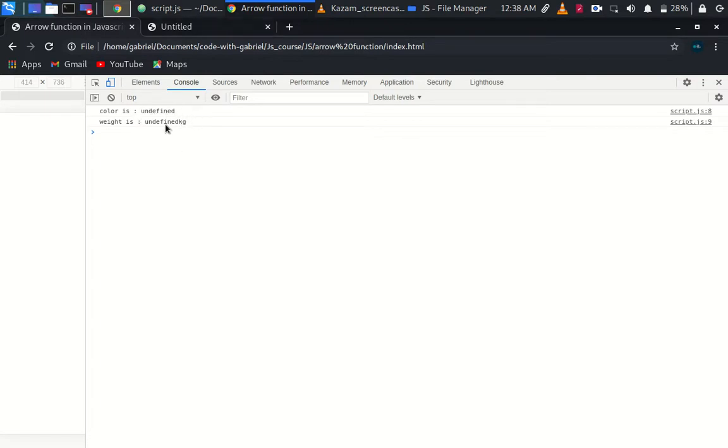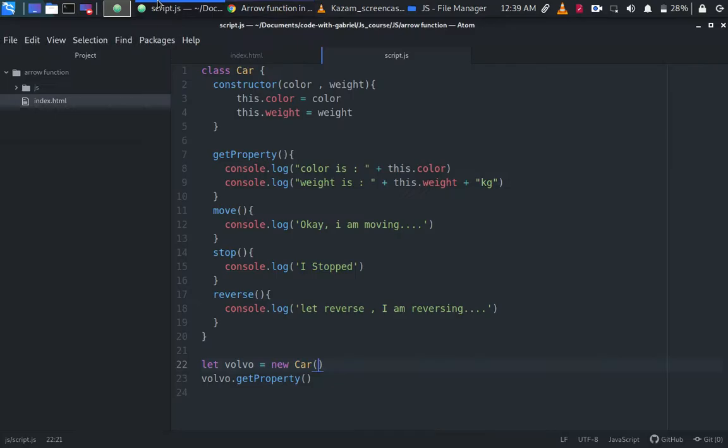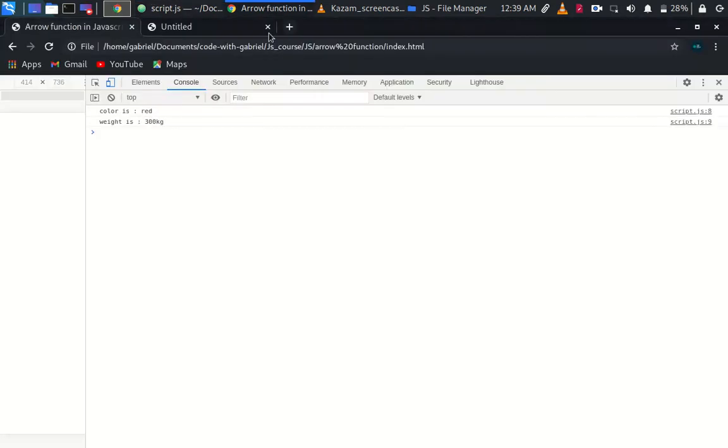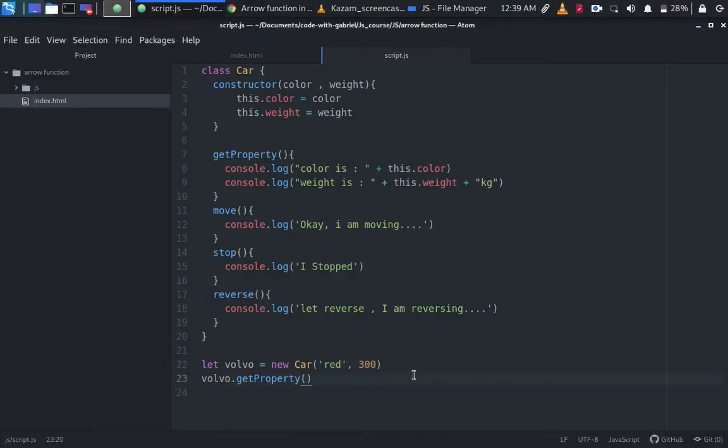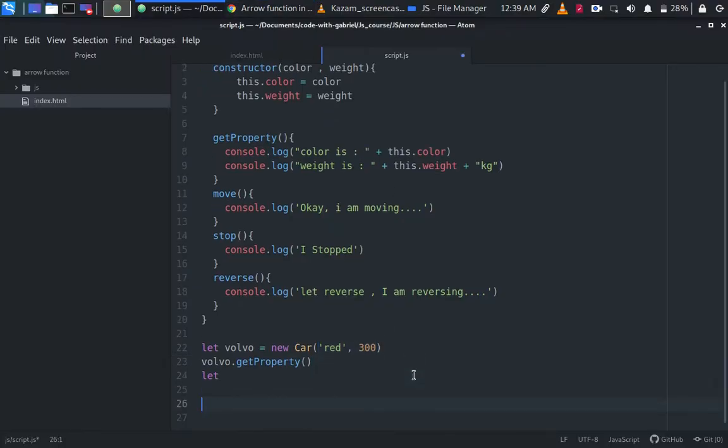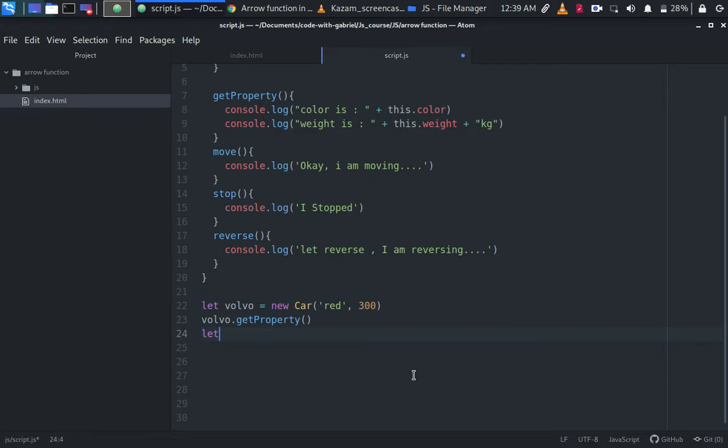This is what is going to happen. It's going to tell us the variable you are expecting is actually undefined, it is not really defined, and we can reverse this with Ctrl Z. Everything is fine again. So instead of manipulating values like that, let's create another instance of the class. We're going to call that one Toyota